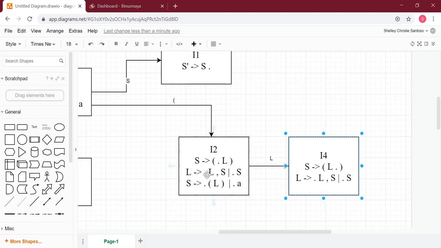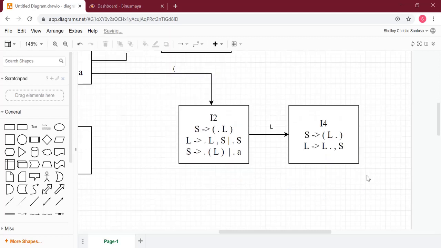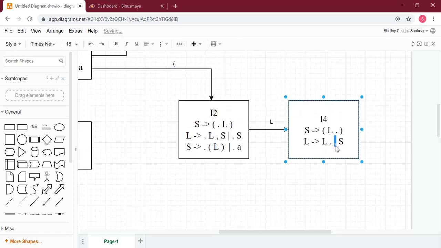And this dot here, because it's also L, this dot also moves to here. And so the next step would be a comma. And S here doesn't apply. Because the comma here is a terminal symbol, there won't be any other additions to this